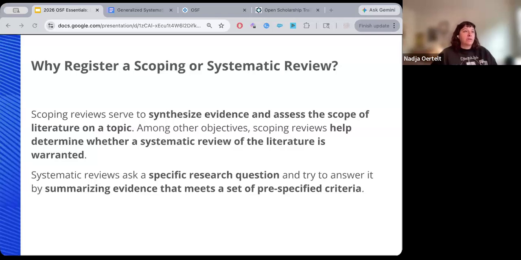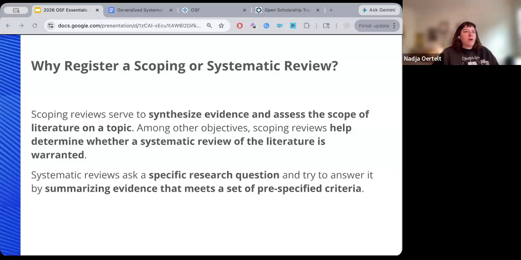So prospective registration of a scoping or systematic review tries to address that by creating a public time-stamped record of your planned methods before you begin screening for these reviews. And if your final review then diverges from your protocol, readers can see it, you can explain it, and that transparency is good for those searching for evidence, so people who want to use your review to make decisions, and increasingly it can also be expected by journals.